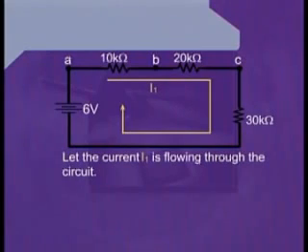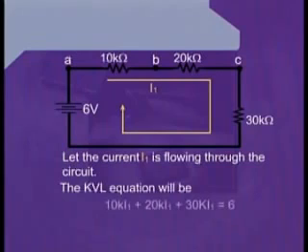Therefore we can write the KVL equation for this single loop as, starting from the point A, we can write in terms of voltage, that is the product of the resistance and the current using Ohm's law, as